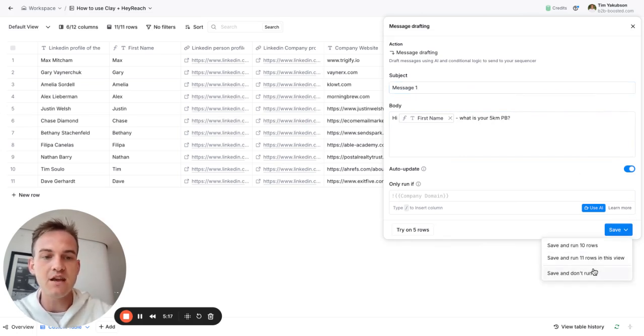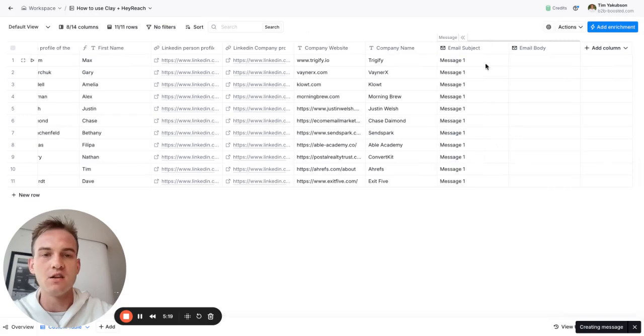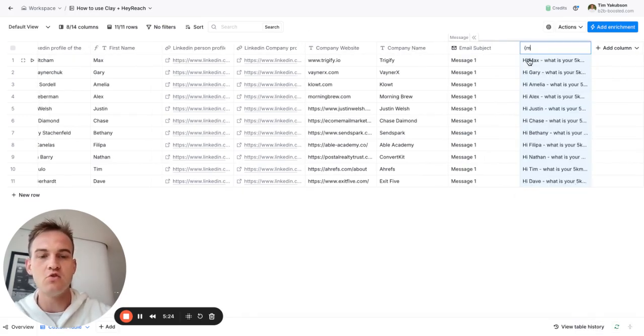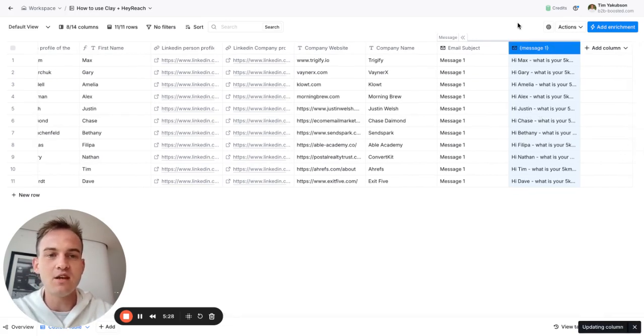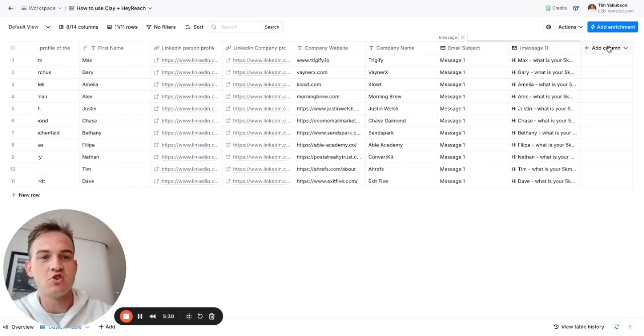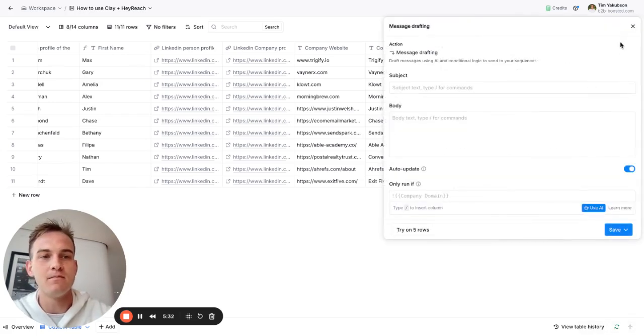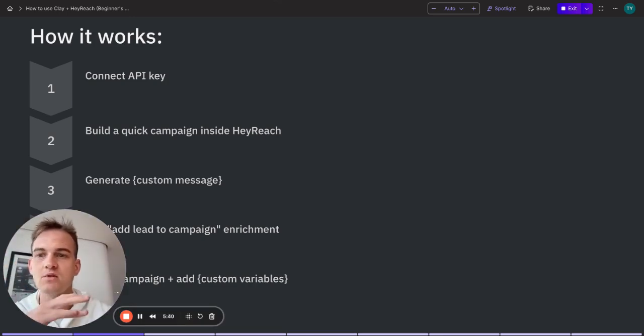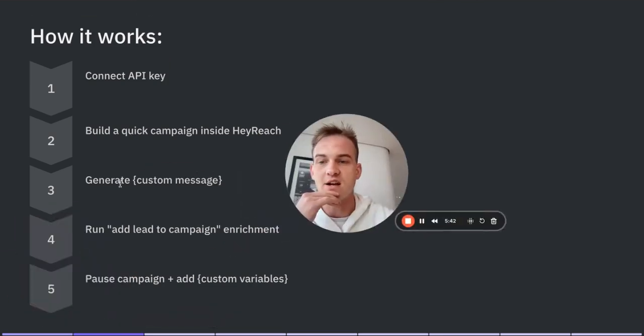And then you can click on save and don't run. And regardless, it will generate this. You can then click on a column and rename it to message 1, right? And you can do the same thing. You can write a similar message too by clicking on add column, message, and so on. You will write a second message. And for the time being, this is all I want to do. I just want to show you how to send one message across, because you could do the same with multiple messages, right? So you will generate the custom message, and then you will run the add lead to campaign